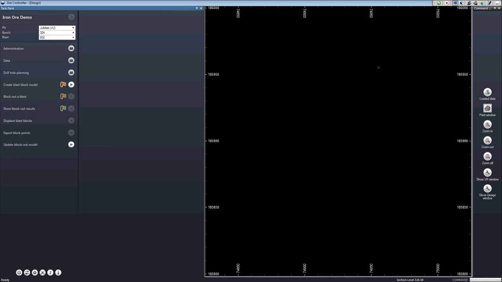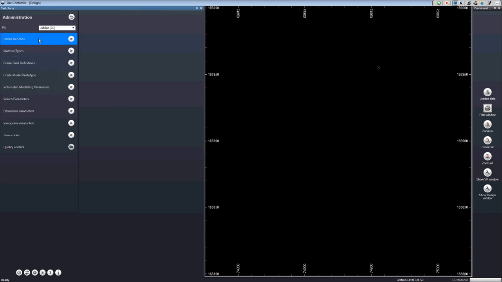But before we do, let's have a little bit of a look at some of the other areas within the menu here. First of all, the administration is just an area where there are a group of activities for defining benches, material types, grade fields, all the parameters to do with modeling, and zone codes and so on.